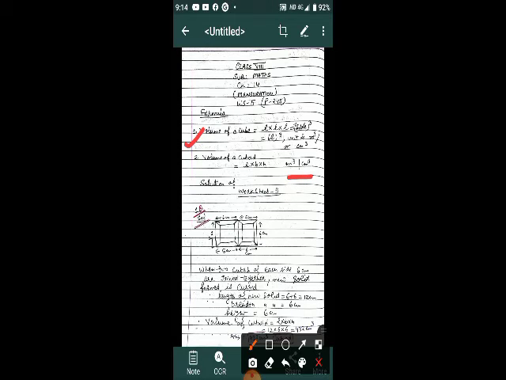The question number 1, worksheet 5, I am discussing: when two cubes, each of side 6 centimeter, are joined, what will happen? In the figure you can see a new solid is formed, that is called a cuboid, whose side length is length plus length. When we join two cubes, only the length will increase, breadth and height will remain the same. So we can find the volume of the cuboid by multiplying L into B into H, and you will get the answer.